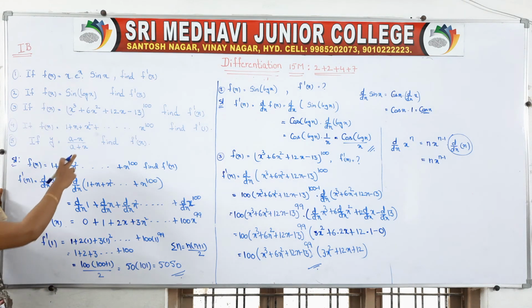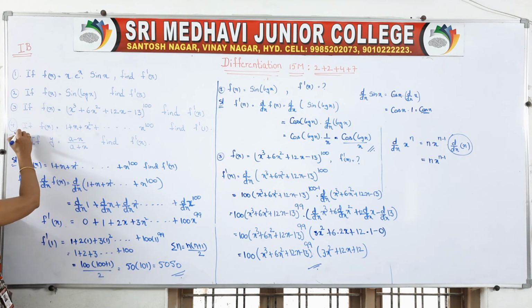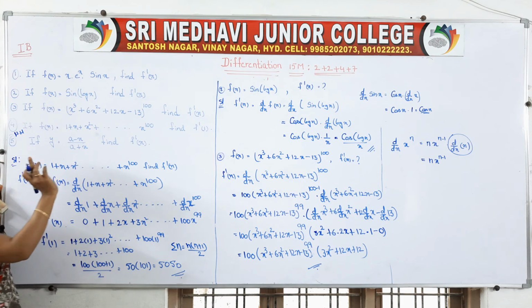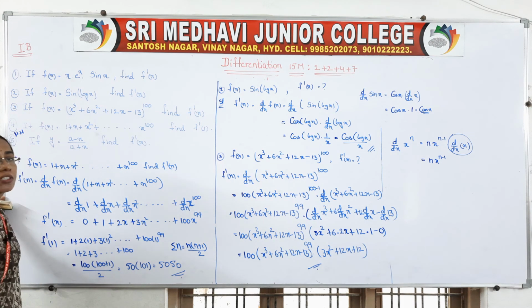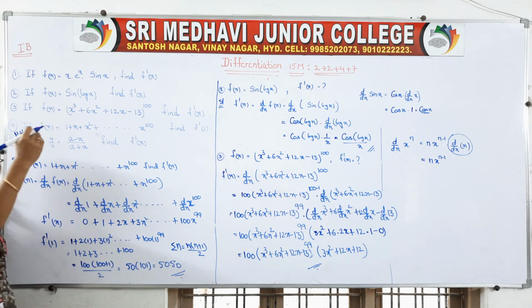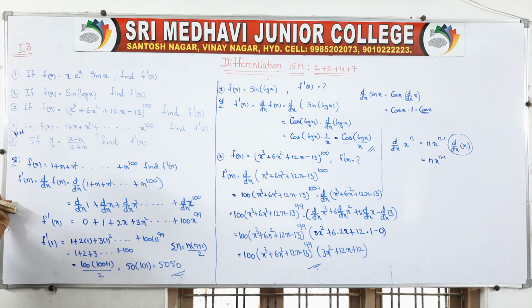Okay, so now come to the fifth one. So very simple, it is homework, right? So how will you solve? You take this as u, this as v. Apply your u by v quotient formula. d by dx of u by v is equal to v du minus u dv by v square. The formula is given to you. So first find out u and you find out du by dx. Then you take v, dv by dx. Substitute in the formula. You will get the answer.